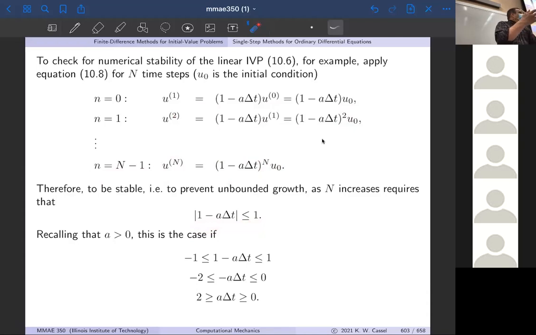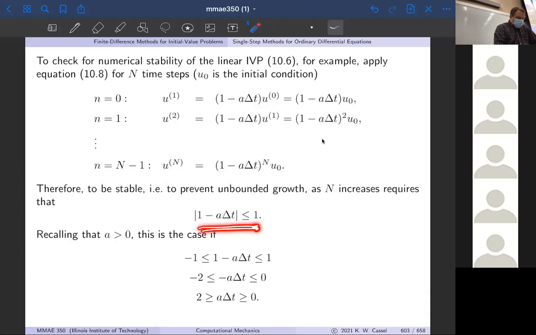Take a number less than 1, multiply it by itself, it gets even smaller. Multiply by itself again, gets even smaller. So the absolute value of this coefficient, the 1 minus a delta t, has to be such that it's less than or equal to 1. If it's 1, that's still okay, because I'm taking 1 times 1, which is still 1 times 1, which is still 1 times 1, capital N times, and everything is fine. It's not blowing up. So as long as it's less than or equal to, we're good in terms of numerical